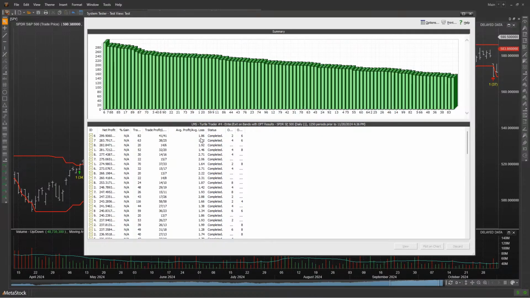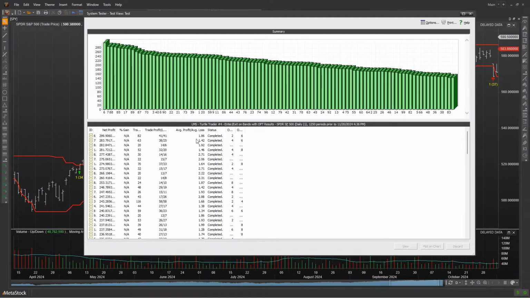The whole idea here is that we don't know what future markets hold. But if we do this as objectively as possible, and we test this over different types of markets, good markets, bad markets, sideways, whatever, and our system test holds up in those different types of markets, and our average profit is substantially larger than our average loser, if that kind of ratio holds up in a real market, again, we can be wrong more often than we're right and make very good money with that trading strategy. But if that number starts to drop down, that's where you're going to run into problems.